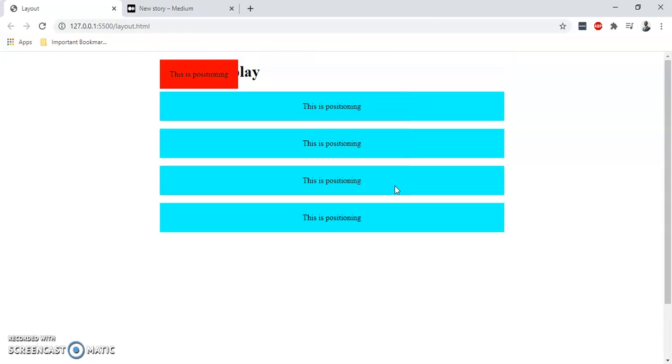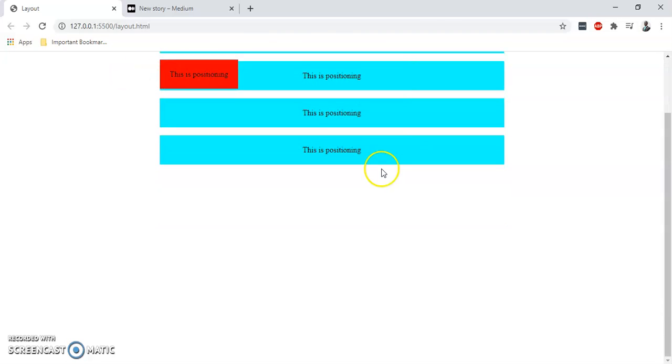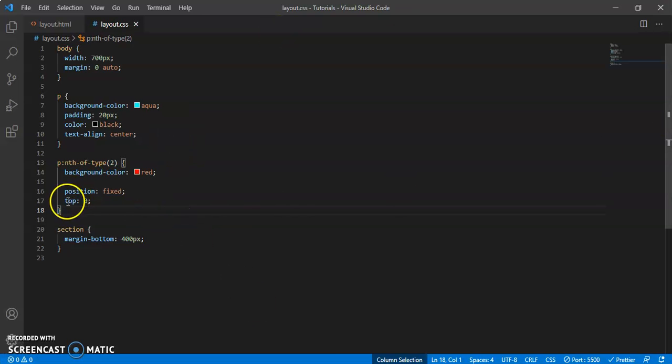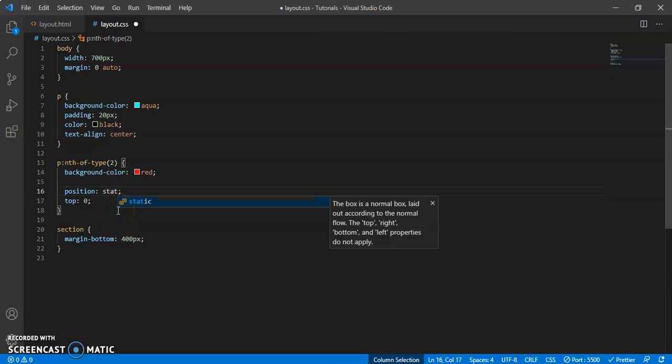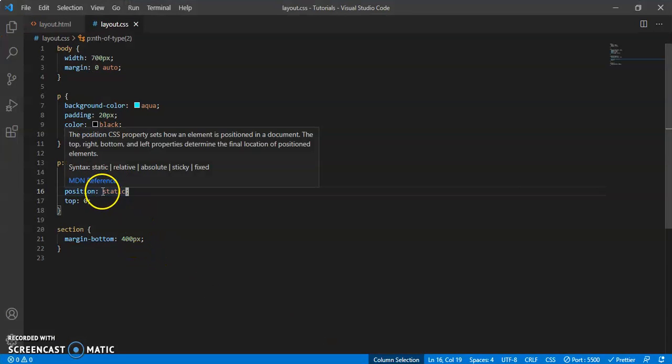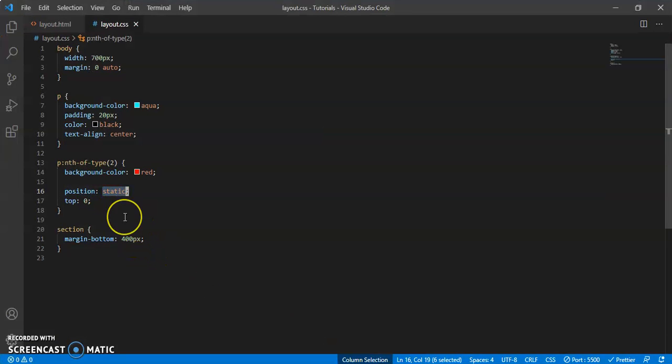So this is mostly used for effects when it comes to the menu, when you want to have a menu that just sticks to the top. So that's with fixed positioning. So the next positioning is static. Static is usually the normal way that your thing is positioned. So the way it was, that's static, that's the default. Okay, so the last positioning I'll talk about is